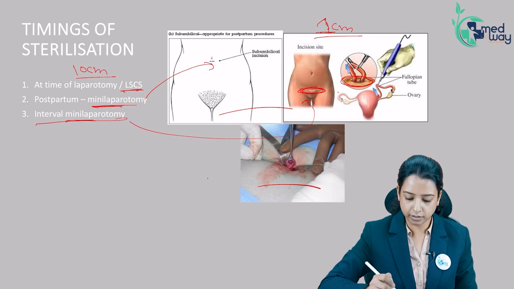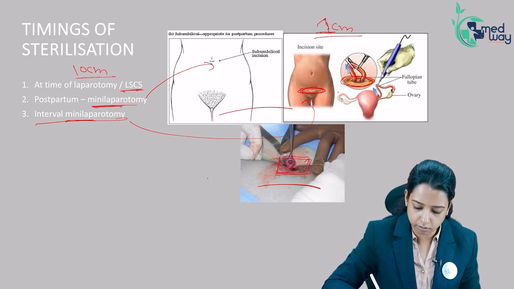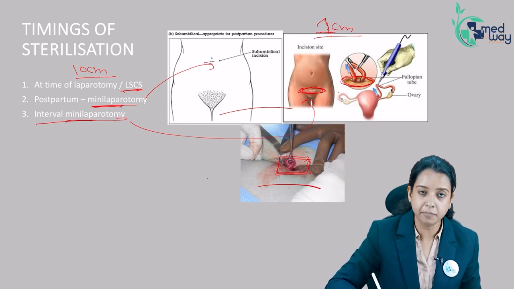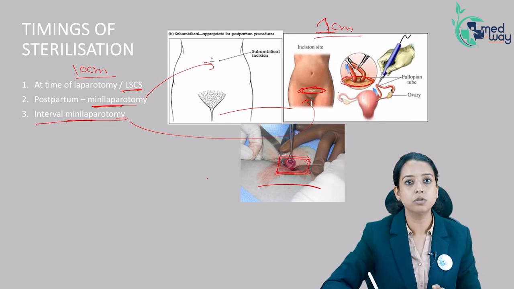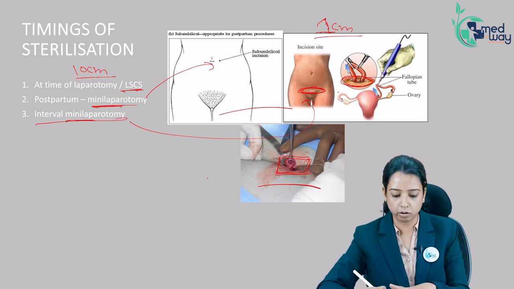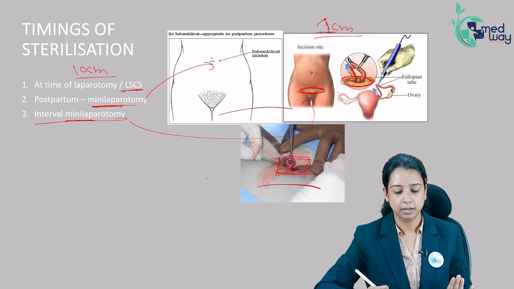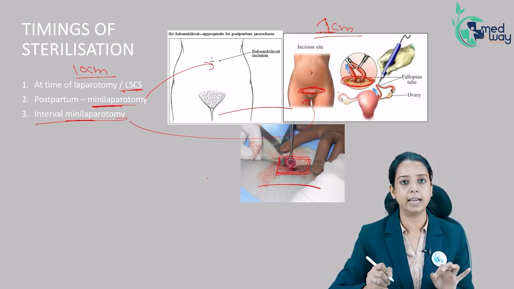Can you see here during the procedure what a small incision the surgeon has made? Such a small incision, only the tube has come out. Only the tube has come out using this forceps without damaging the lumen, using this non-toothed forceps, because if it is toothed, we will damage the tube and it will start bleeding. We would have to insert it again inside the abdomen, right? So we do not want to damage this structure. So we are using a non-toothed instrument, taking out the tube and ligating it.